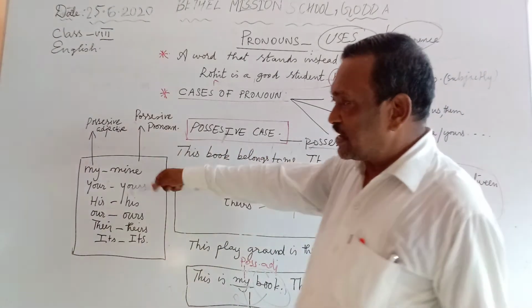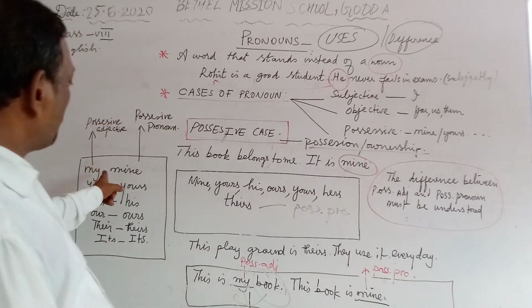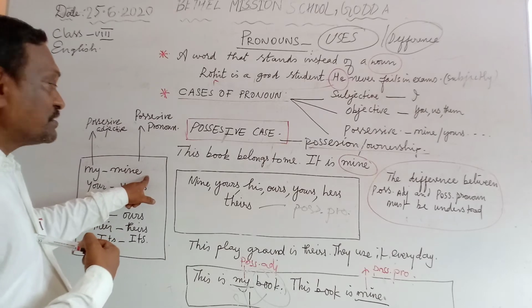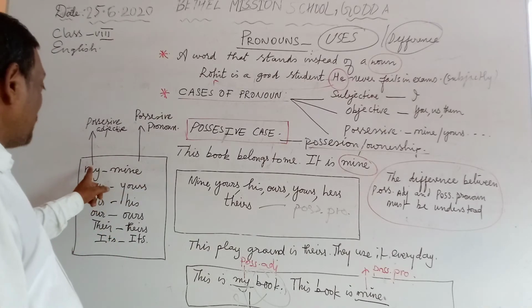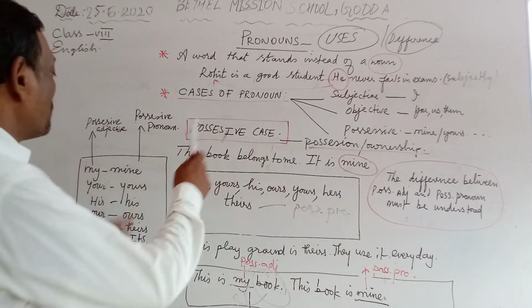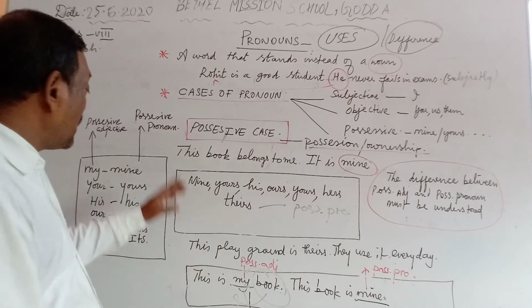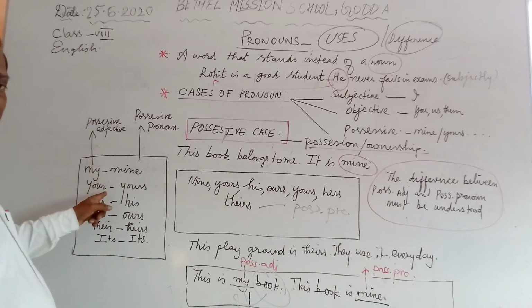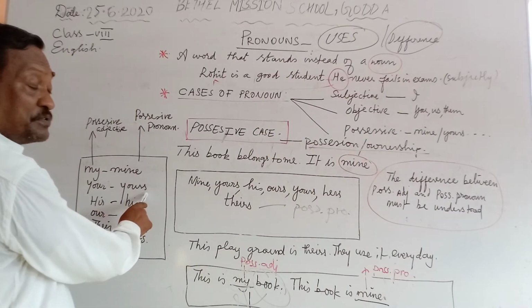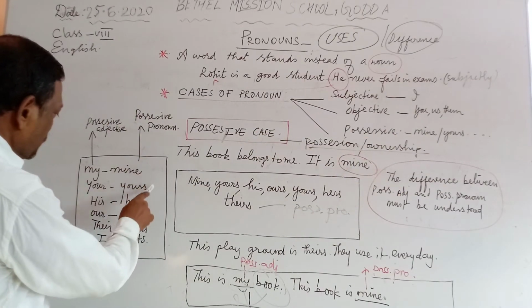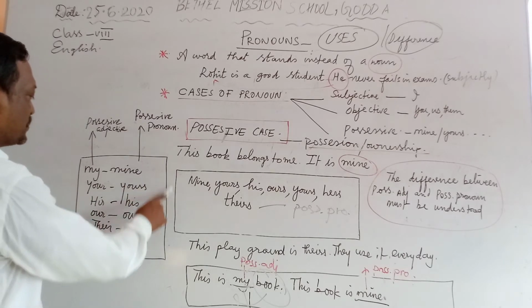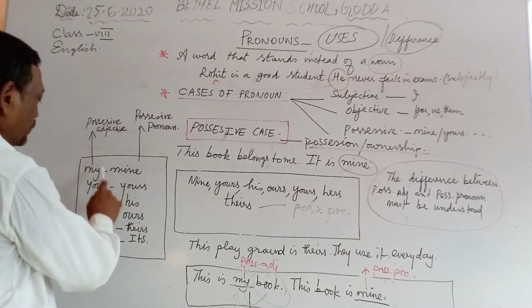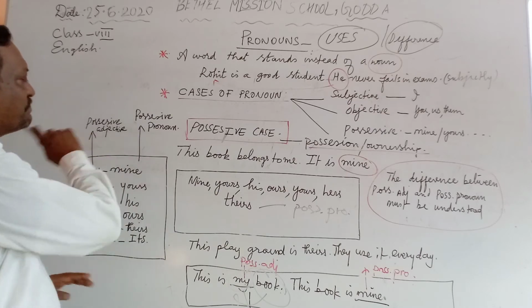And look at this, I've made it very easy for you. I've made a table here. "My" is a possessive adjective, first person. This is my book, and this book is mine. This is the possessive adjective and this is the possessive pronoun, right? So "mine" is a possessive pronoun and the possessive adjective of it is "my". And your possessive adjective: this is your book and this book is yours, possessive pronoun. So mine, yours, his, ours, theirs, all of them come under the possessive pronoun category, and my, your, his, our, their, its, all of them come under the